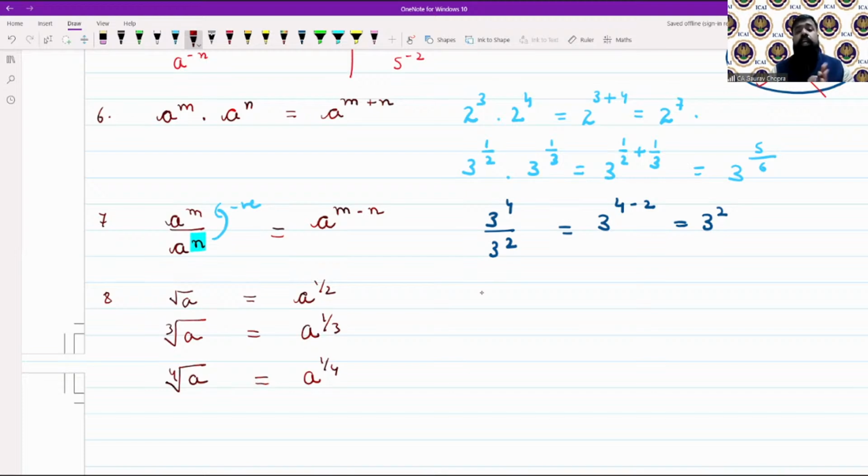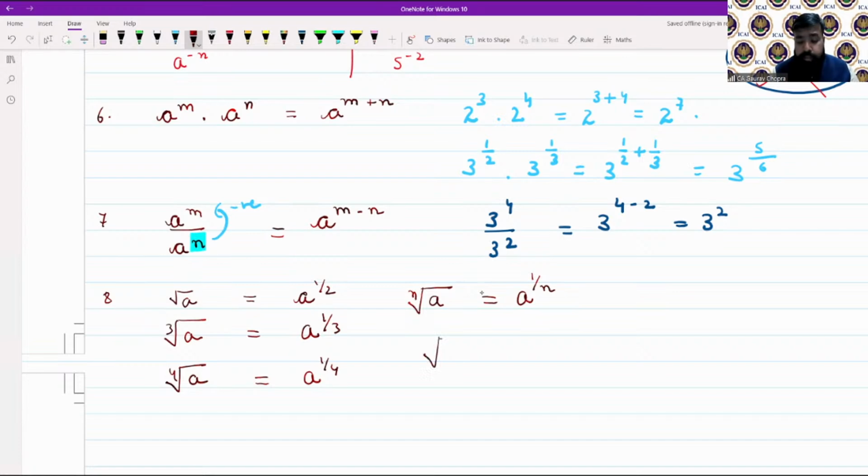So we have to be very careful while root is there in the question, because most of the people make mistakes in this calculation. Most of the students fear roots. They have a mathematical phobia, especially when root comes. So you don't have to fear that. It simply means 1/2 for square root, 1/3 for cube root, 1/4 for fourth root. And in case of nth root of a, we can write a to the power of 1/n.